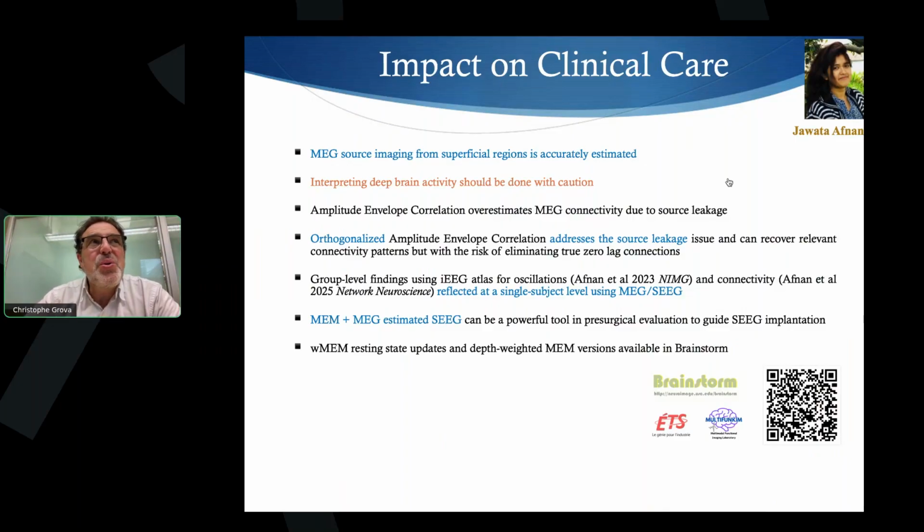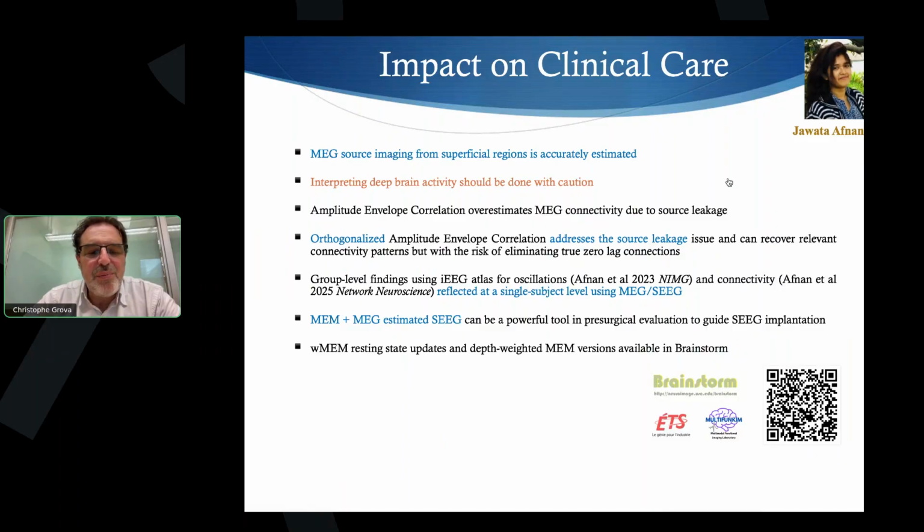I'm not sure. It could perhaps in some cases, but what I am convinced of is that, especially because we can mimic, and that's what we are working on right now, you can predict from MEG data or from EEG, it's the same, how the SEEG signal would look like according to your source imaging. You could then optimize a bit more quantitatively the implantation. So it doesn't mean we avoid completely the clinical decision. It's not a pure automatic implantation.